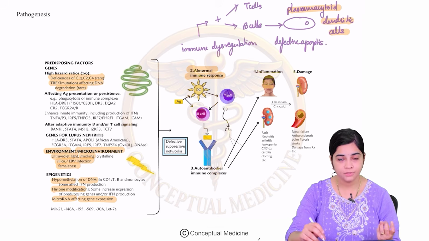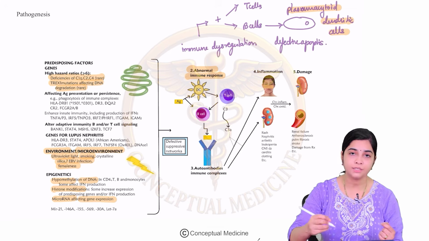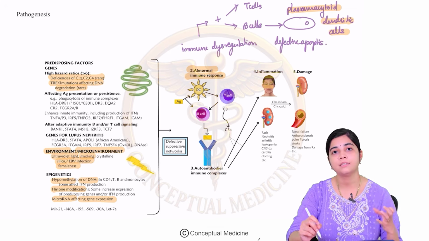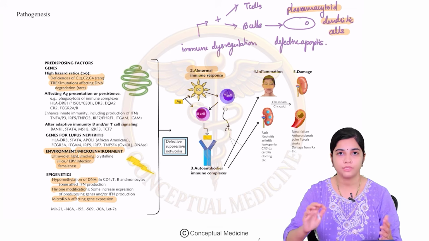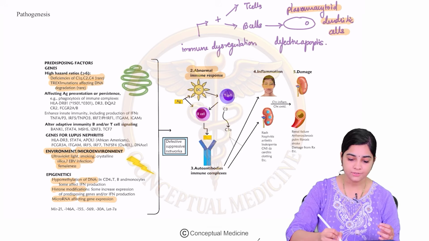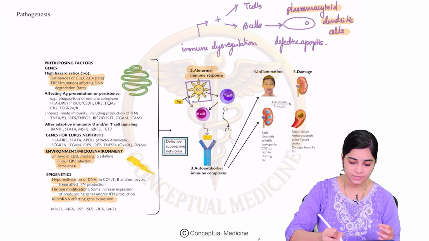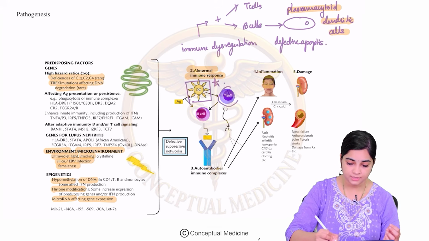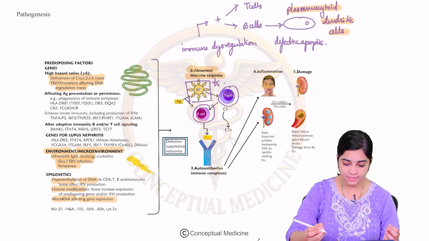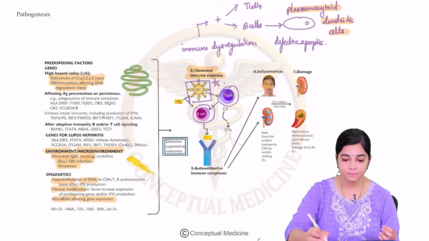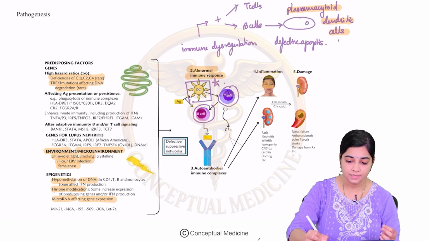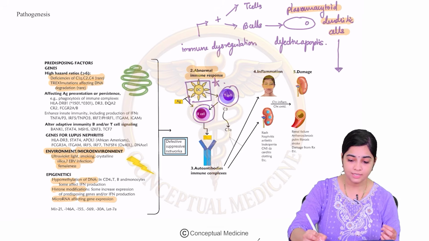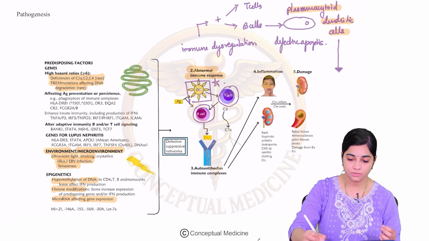Okay, fine. In addition to this, there can be early complement deficiencies, and these early complement deficiencies are also going to cause immune dysregulation, right? So this is what we are seeing here. The first and most important cell is your dendritic cell, which results in excessive activation of T cells and B cells, resulting in plasmacytoid dendritic cells. These plasmacytoid dendritic cells are the ones which are going to cause your